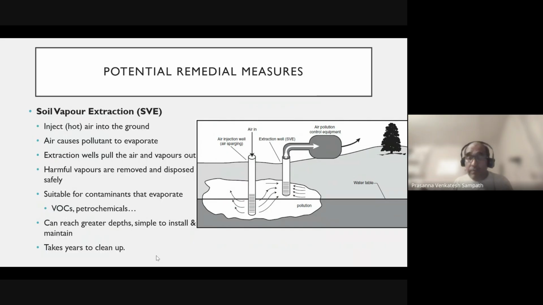You don't have X-ray vision to look into the earth and say, hey, this is where the contaminant is present. So we have to collect a lot of data to find out the extent of contamination, and then decide on the appropriate course of action to remove the contaminant. Of course, there are advantages and disadvantages. Okay, anyway,